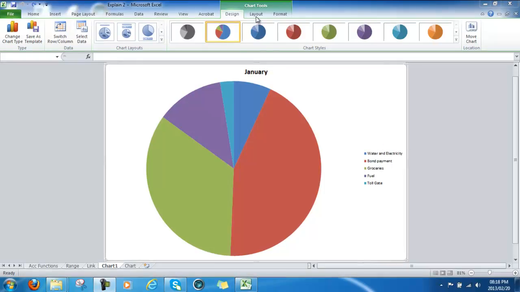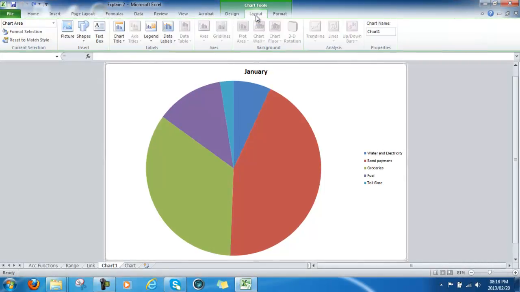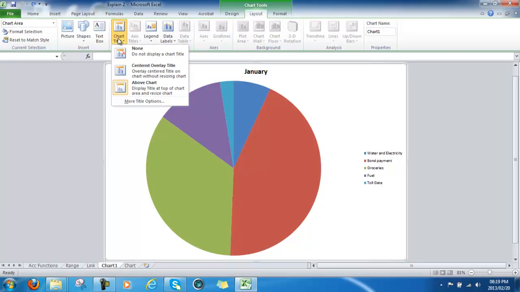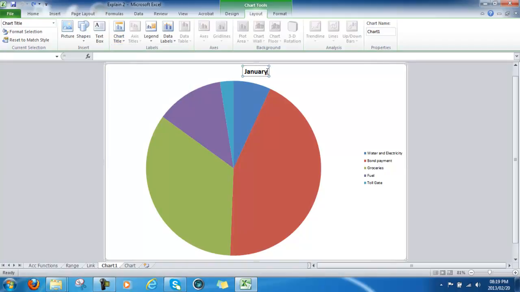I'm going to focus now on the layout section at the chart tools. The first thing that you'll find here in the label section that we can change is the chart title. You can determine where you want to display this chart title. You will see in our example it's already above the chart. So that's why I'm just going to click there at the title, and you can type or change then the